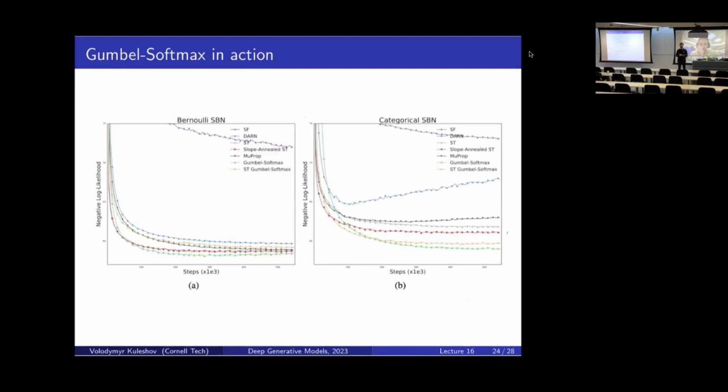Okay, and so what is the result of applying all of this? Here are some examples of the ELBO as a function of time for various gradient estimators. Essentially, these are two versions of the Gumbel softmax estimator, and then everything else. Some of these should be really similar to REINFORCE, and some are instances of the straight-through estimator that I mentioned. But essentially, in practice, the Gumbel softmax trick works quite well, and it's also quite easy